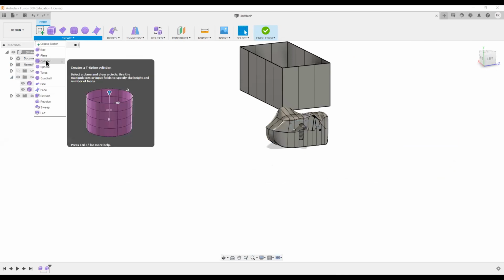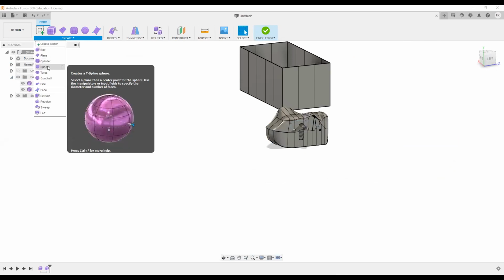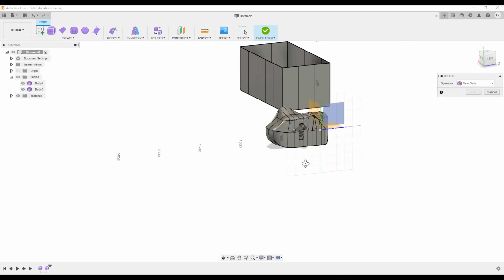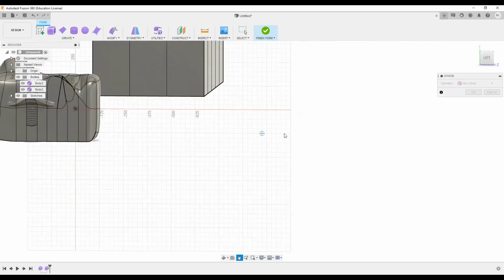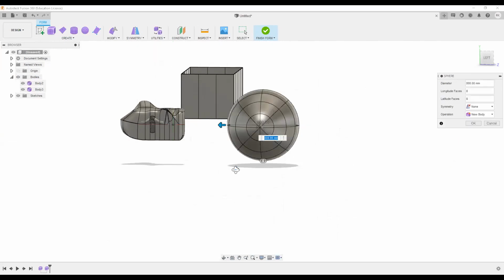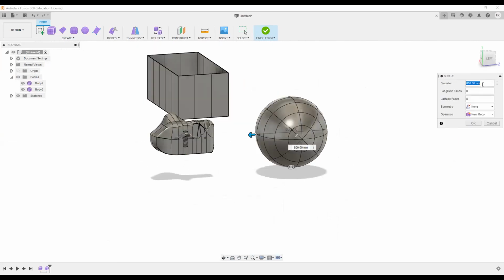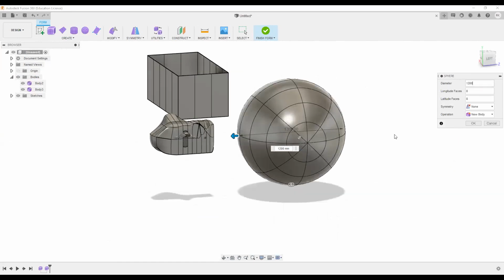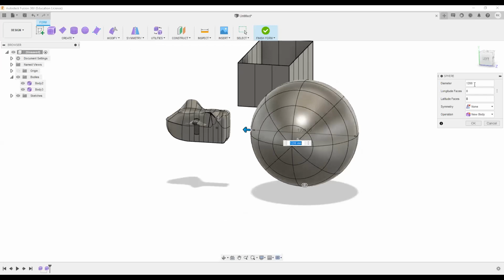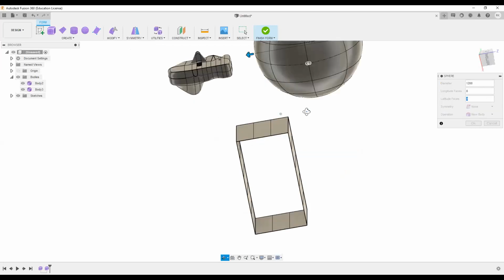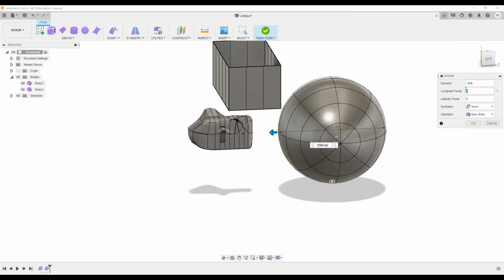Let's take a cylinder option or sphere option. If I want to make a sphere here, I'll give a radius, the diameter of the sphere, here. For example, let's say right here. And again, I'll have to define the number of faces, longitudinal and latitudinal. Longitudinal means horizontal, and latitudinal faces are the vertical. So let's say 16.